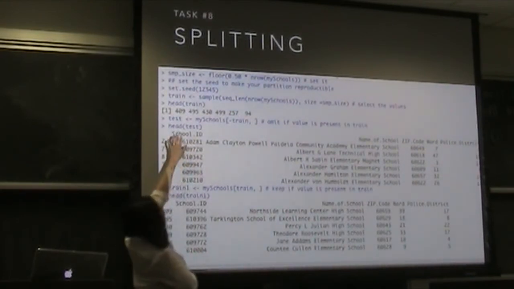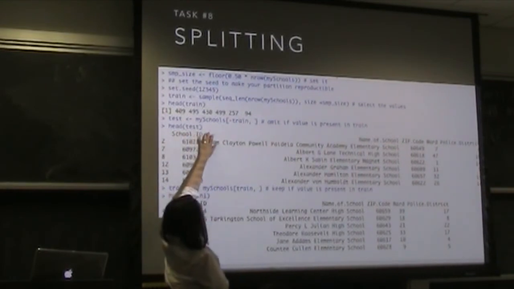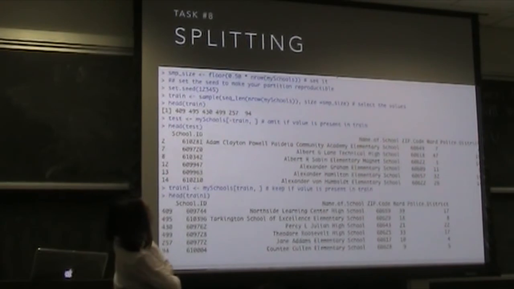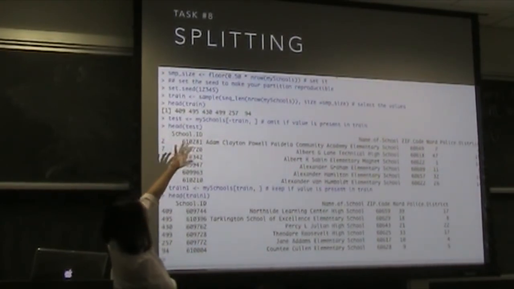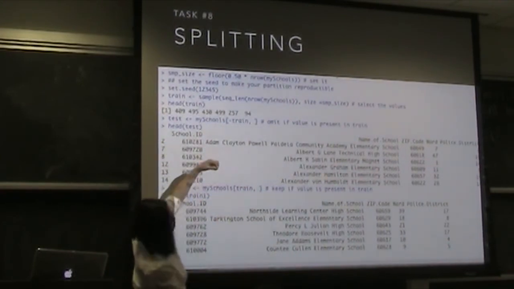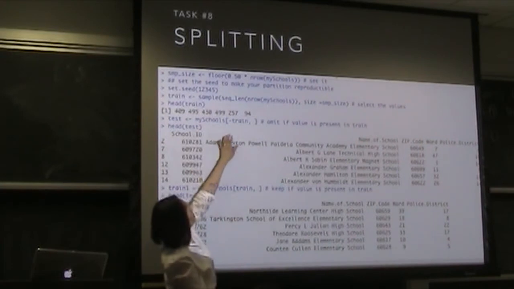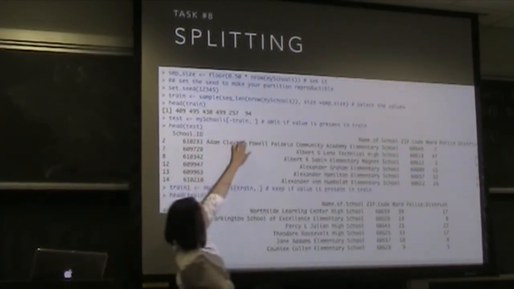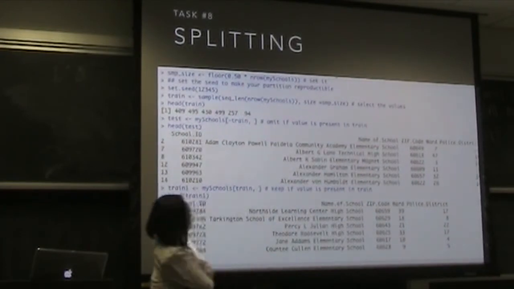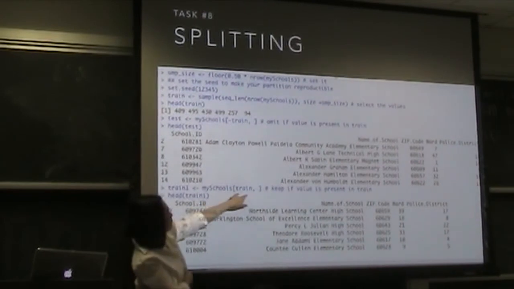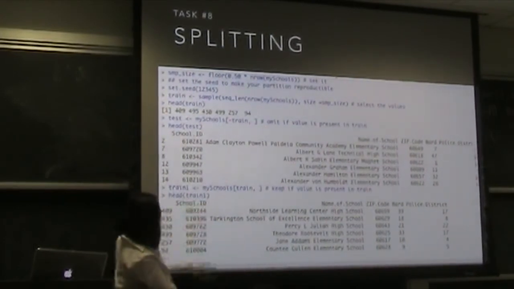Now I can create a test data set. This one's fairly straightforward. I say, my schools, it should not have train in there. Let me back up. It's just a sequence of values that are being stored in train. Think of them as the numbered rows. I want to omit them if they're in train, so I'll call the other one test. This one actually has variables in it. It's a data frame. We can take a look. Test looks like the following. For train, I'm keeping it if it was present in train. It's just a way of splitting it.